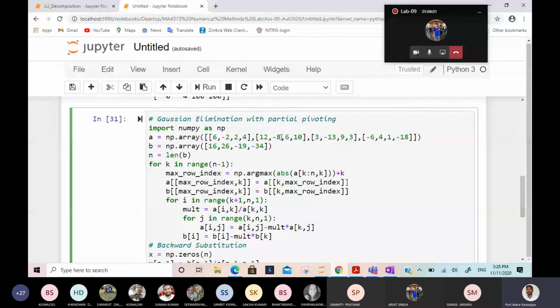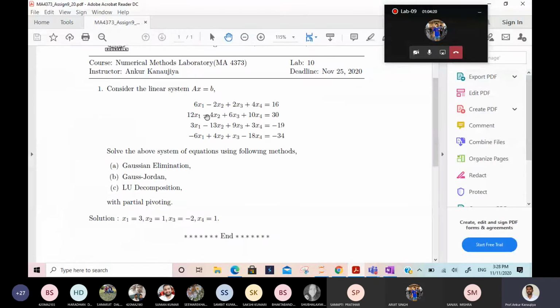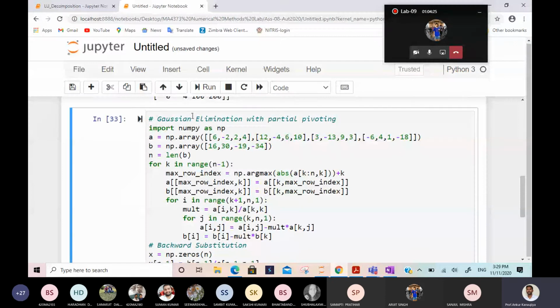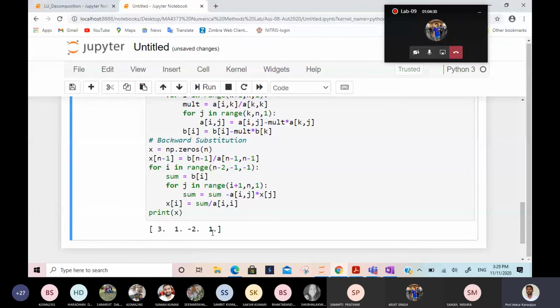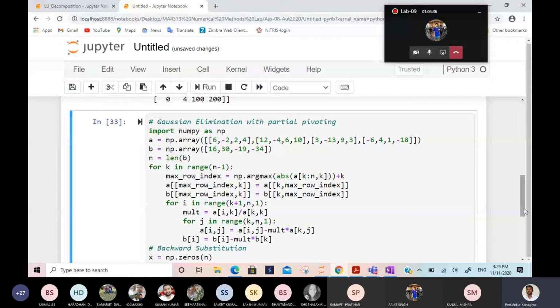Now what I am changing here is this entry: I am making it 4, and now I am running this one. I just changed this entry -8 to -4, that is your exercise or assignment problem, and here it is written 30. So this is 30, this is -4, but the remaining things are the same as the previous assignment. Now I'm running with this, and I got the answer 3, 1, -2, 1. Is it okay? The assignment problem that I gave, the first part I solved here.